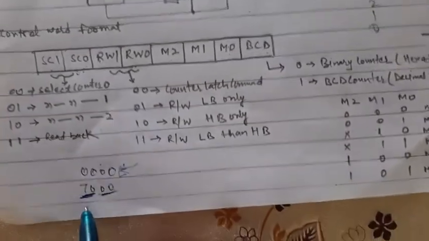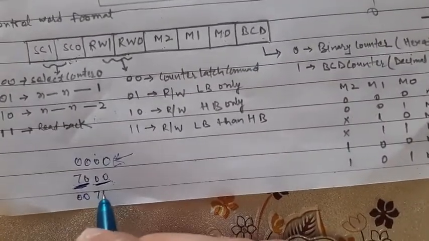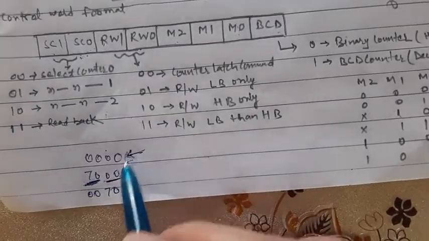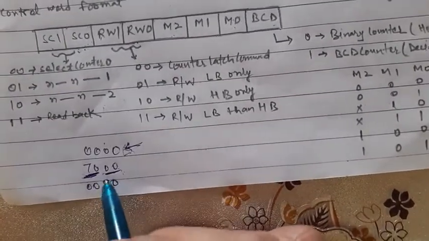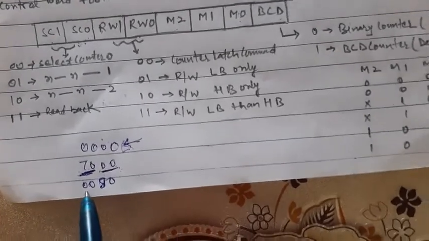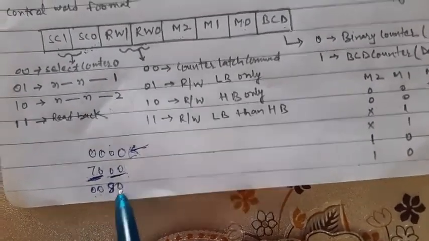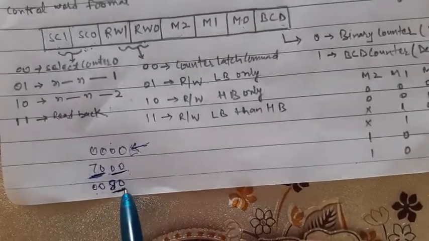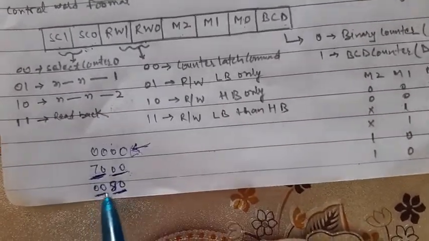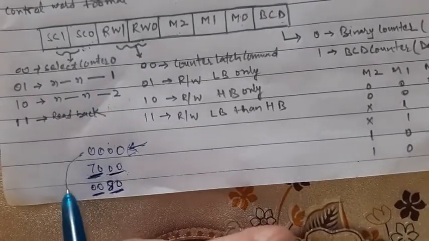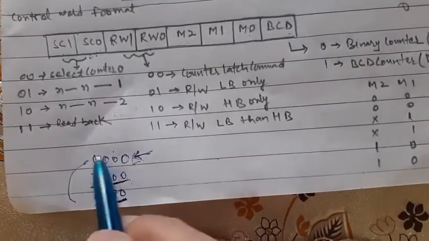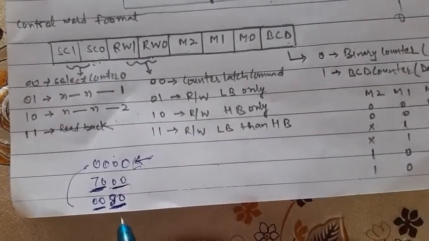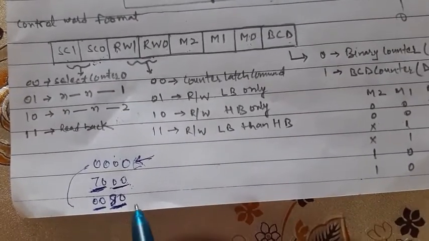We can take another example. Suppose we are doing this count. Now we have reached the terminal count and our new count, I can put it 80. That new count is 0080. So instead of giving this full count, I can give the lower byte of the count, because the higher byte of this new count and this terminal count are the same. So we need not give this higher byte again, we can give the lower byte, but we need to inform the 8254 that we are giving the lower byte only.